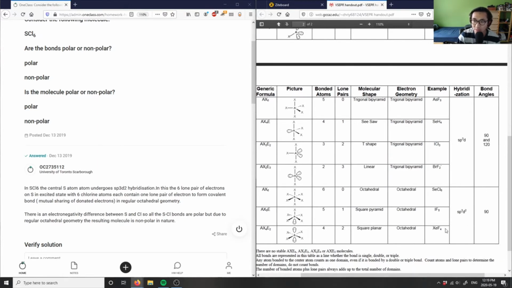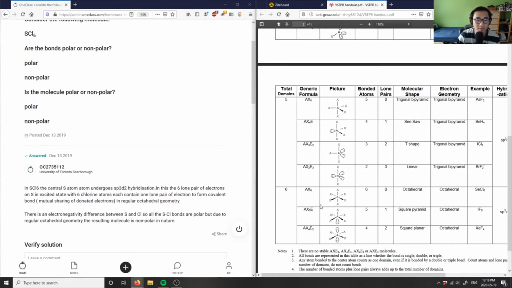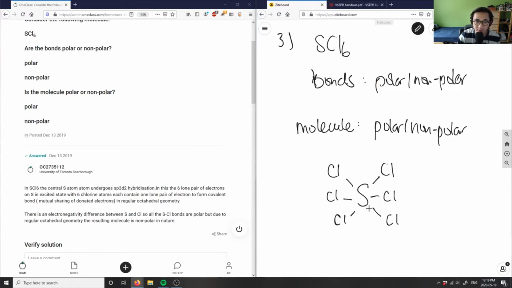In this case, the central atom is bonded to six atoms. You can think of these as nonpolar